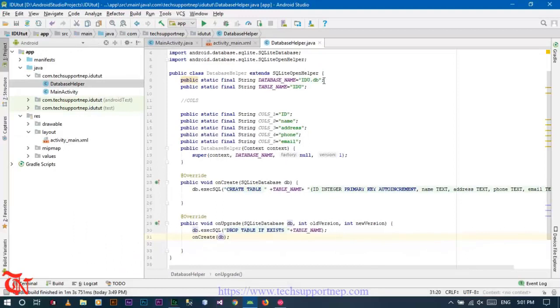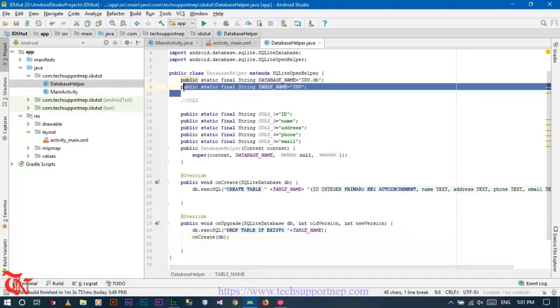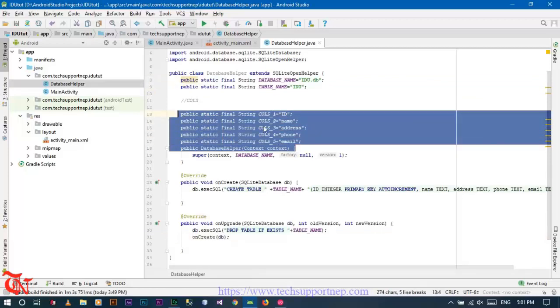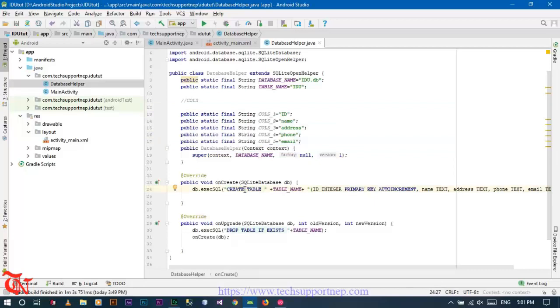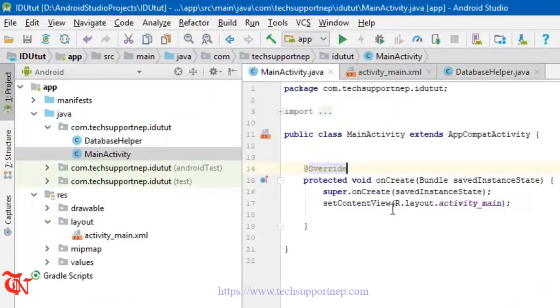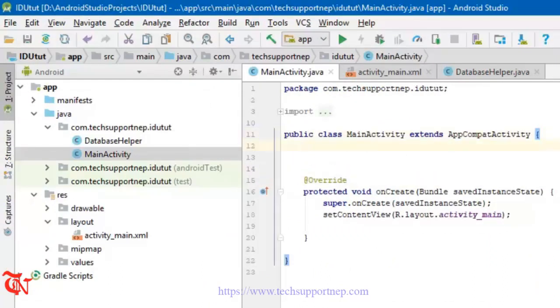and here is the database name. Here you can see, here is our table name, here are our columns. These are our columns, and here we execute our SQL query. Now go to MainActivity.java file, and here we need to declare our controls. So first of all, button underscore btn insert,